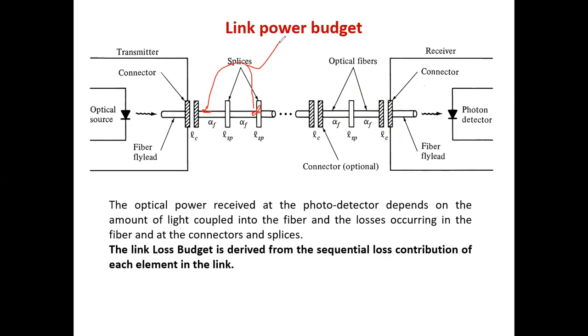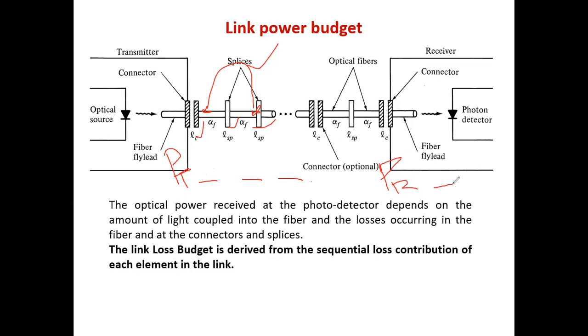Remember, like at home, 10,000 on rent, 10,000 on food bill, 5 on traveling expense, 5 on the electricity, light, gas bill. So what you do, those components, you keep on deducting from your annual income. Here I have transmitted power. So transmitted power is here, then loss here, loss here, loss here, loss at all four places. You keep on subtracting all these losses, and then you have the receiver power. After traveling and deducting all these losses, you get the receiver power.